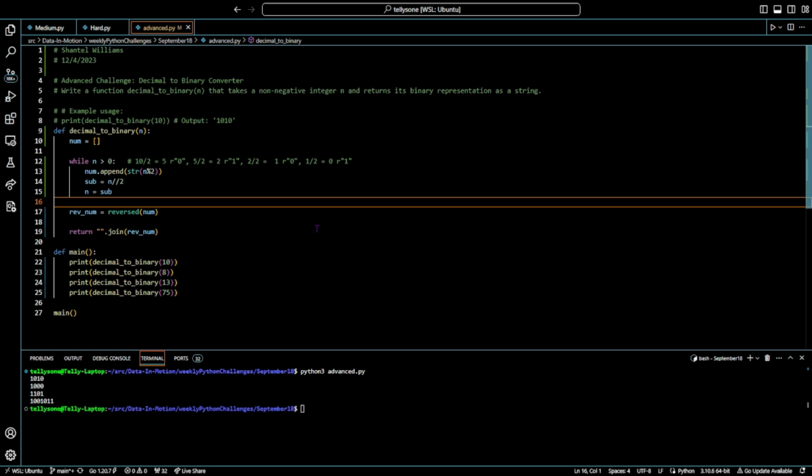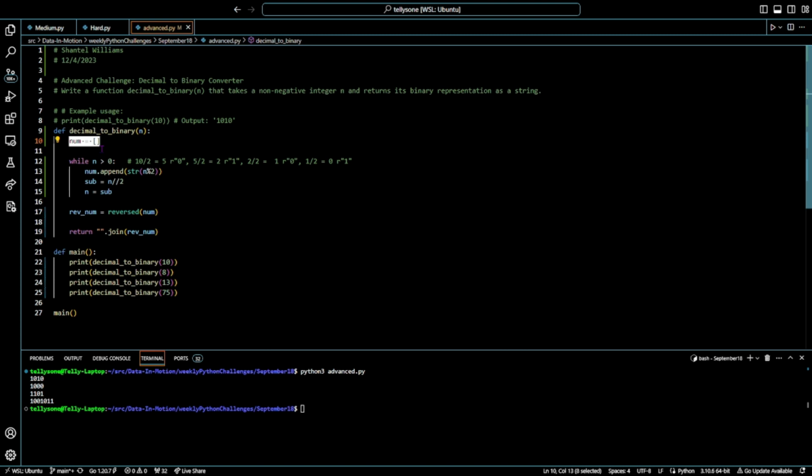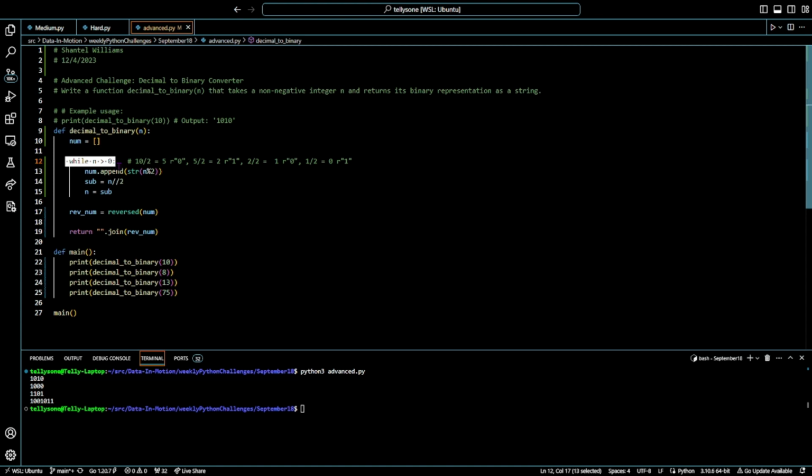The first thing I did was create a list here that would hold all of my remainders. At the end I can grab them and combine them as a string. Then I'm doing a while n is greater than 0, because with the formula I'm using,